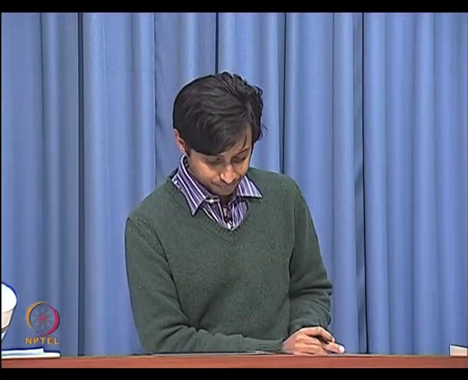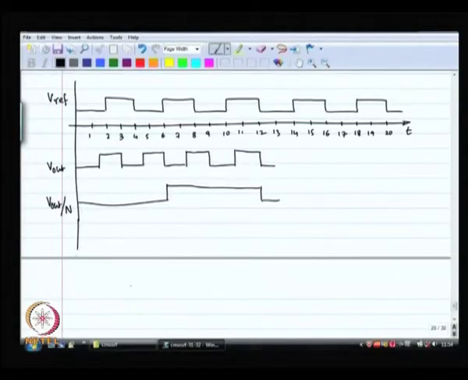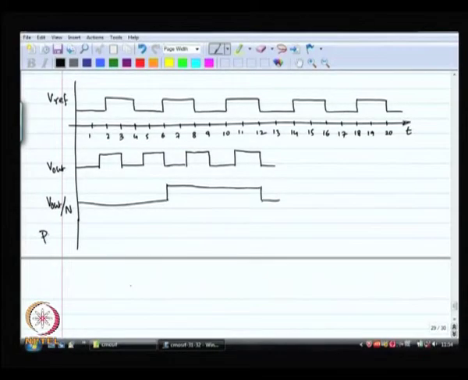Okay. Right. So, what is going to happen to the output of the phase detector? So, this is running really slow, right. This is going to be compared with Vref. Vref is at a different frequency altogether, and the output of the phase detector is going to go to plus 1 at the rising edge of Vref, and it is going to remain there